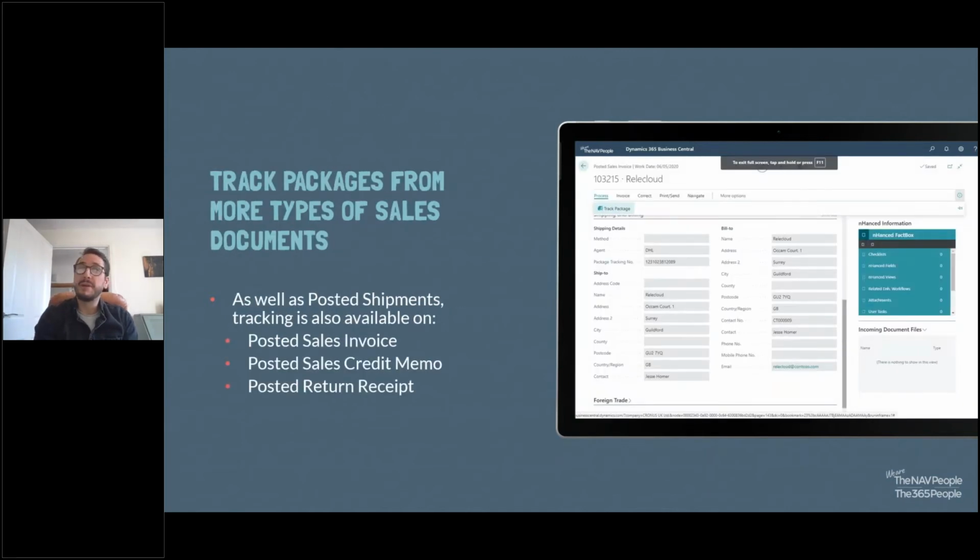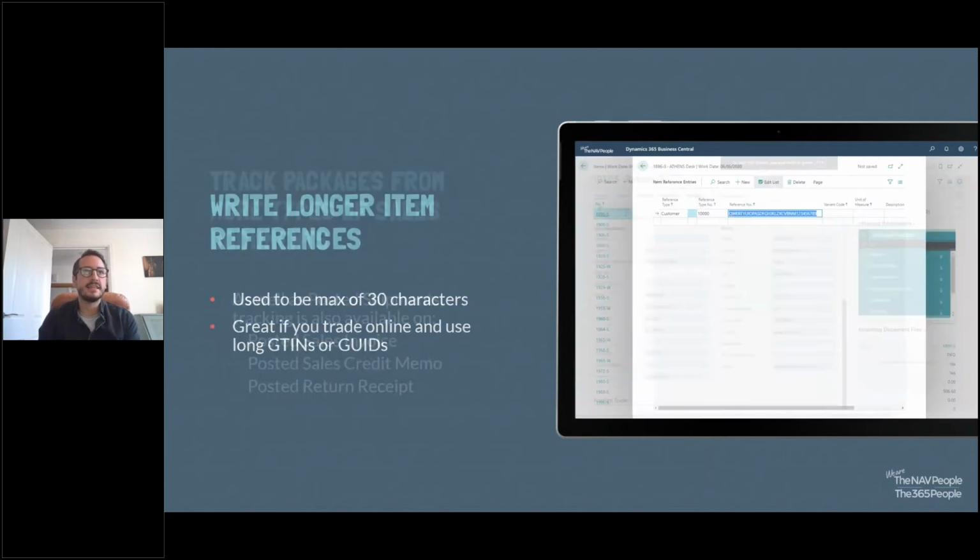Okay, package tracking. It's been in the application for a while, but it's only ever been on posted shipments. Now the package tracking functionality is available on other sales documents. So it's now available in posted sales invoices, posted sales credit memos, and posted receipts. So clicking the track package button will pop us into, in this case, the DHL page, and track that individual package. So again, allowing us to get access to customer information more